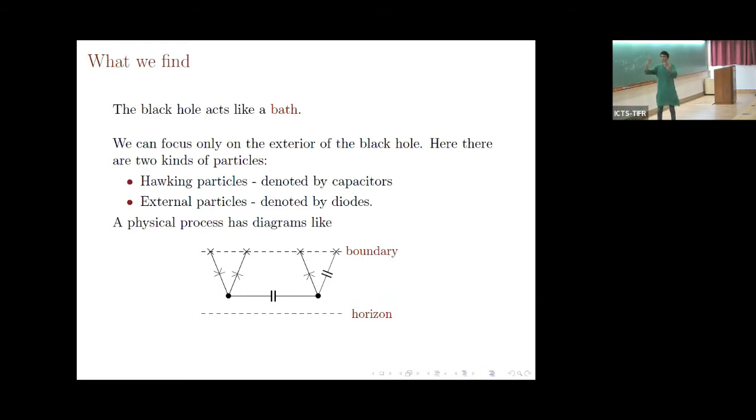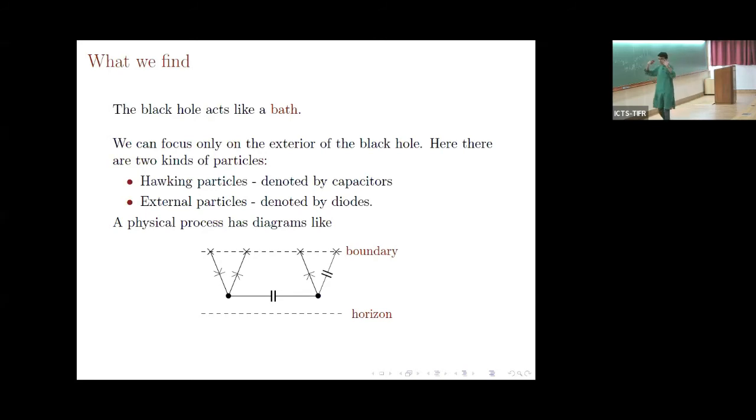From a very open quantum system point of view, what I mean by an open system is: consider a ball falling through air. If you want to describe the ball, you wouldn't try to understand the air surrounding it. You would integrate out the air and say it's a minus gamma v, and gamma has all of the information contained in this air interacting with this ball. So what we find is that a similar statement exists for this black hole.